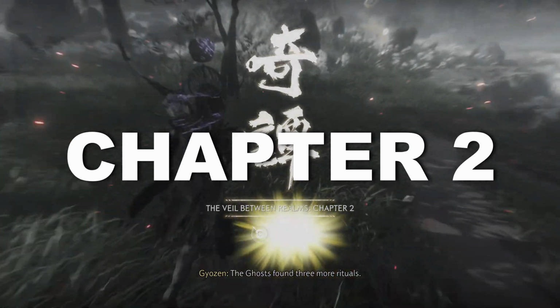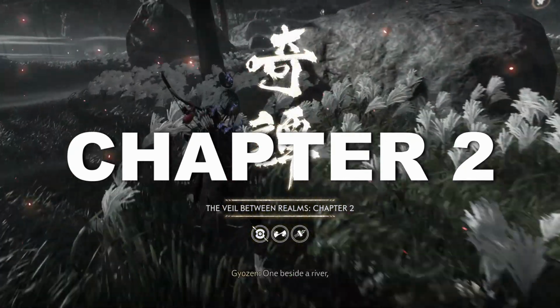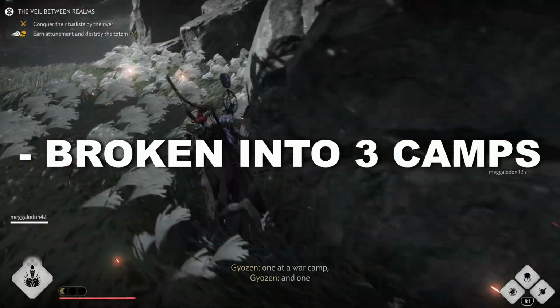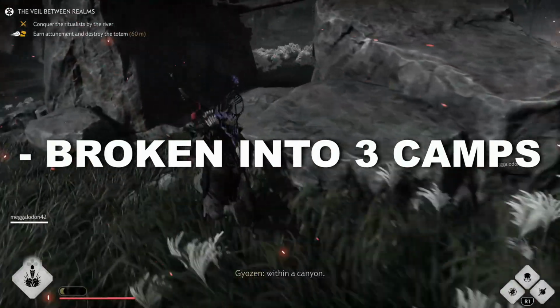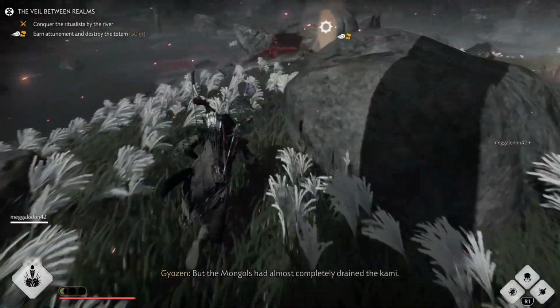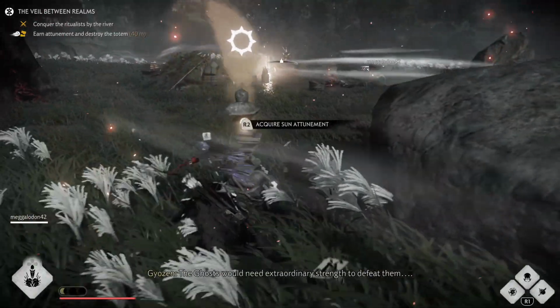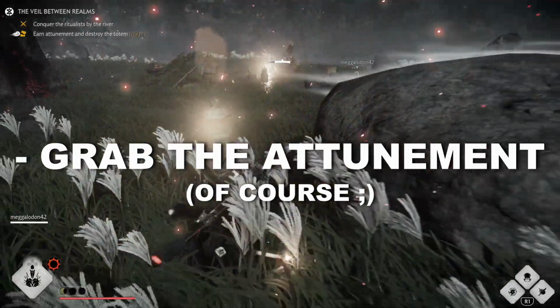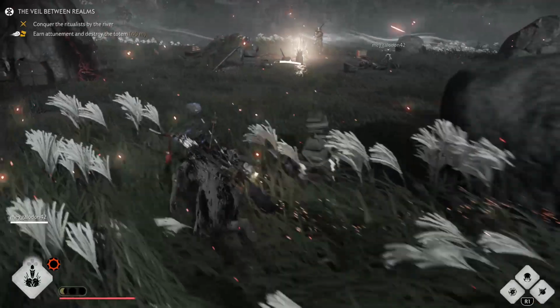All right, guys, here we are in chapter 2. So chapter 2 is split up basically into 3 camps, with each camp getting progressively more difficult, but not too bad, guys. So first things first, obviously, as you see me here, I take the attunement, right? You want to take the attunement, and then you want to kill